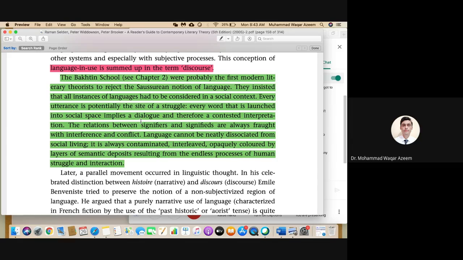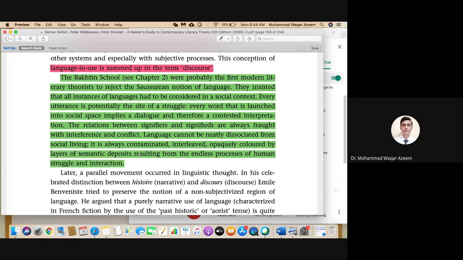The relation between signifiers and signifieds is always fraught with interference and conflict. Language cannot be neatly dissociated from social living. It is always contaminated, interleaved, opaquely colored by the layers of semantic deposits resulting from the endless processes of human